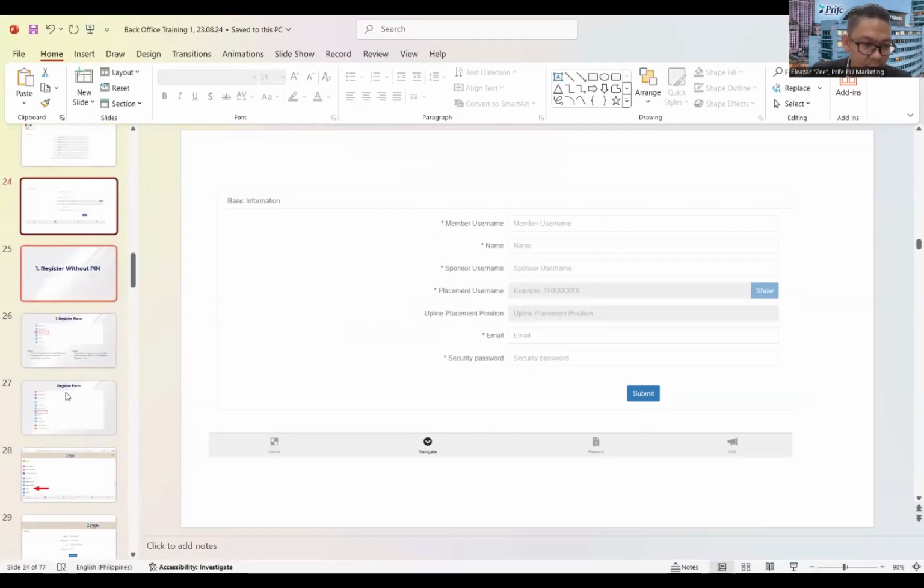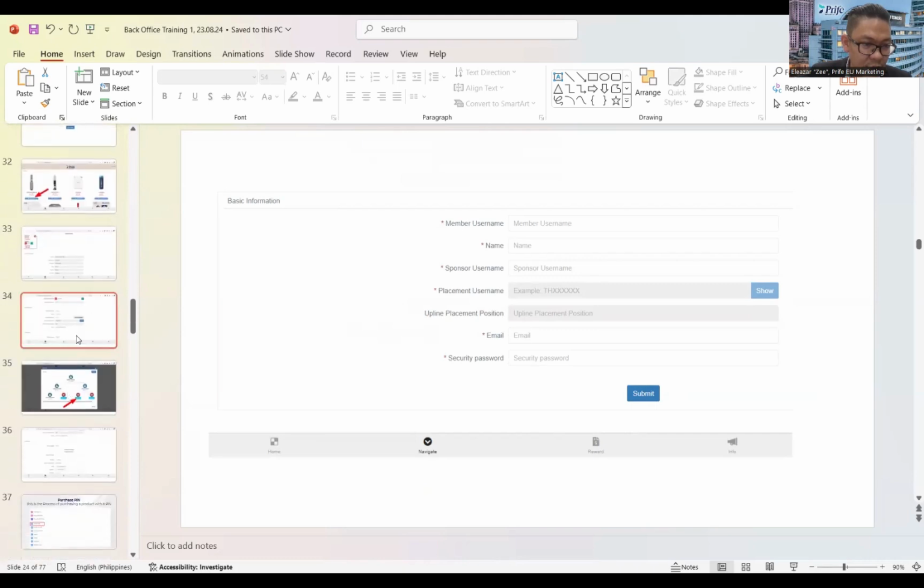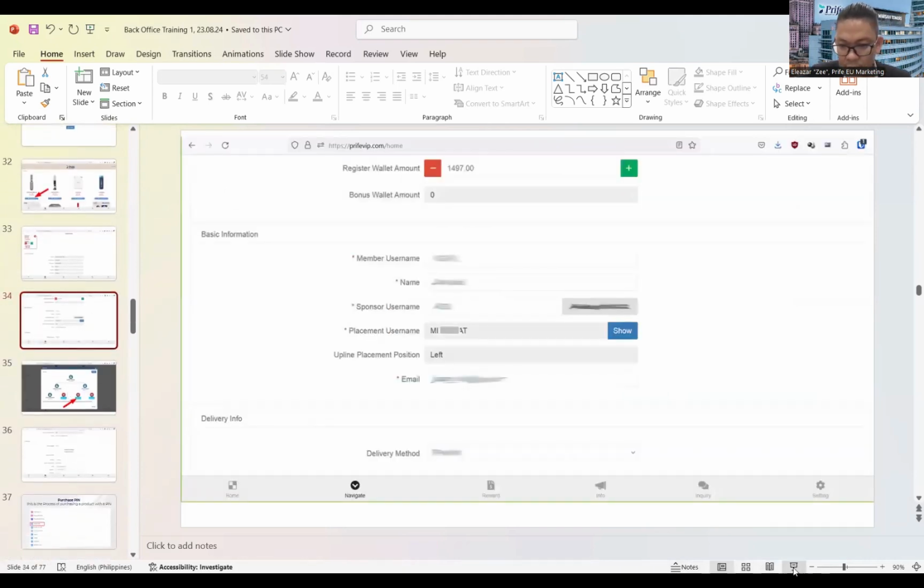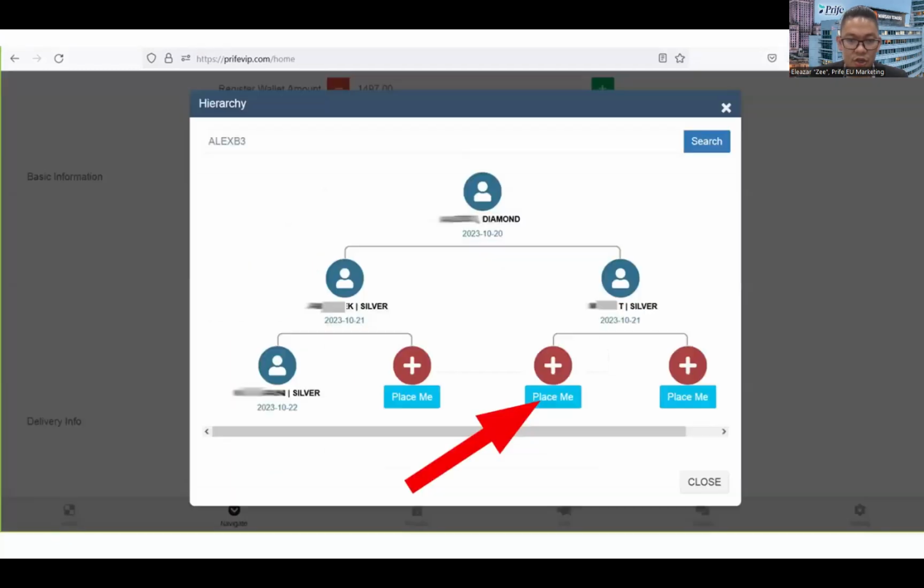And when that activates, you can now click show and then click the place me. You choose which placement you want to put this new member in. Of course, the first registration will always be automatically placed on the bottom left. So if this is your first direct sponsor, take note, direct sponsor is different from your